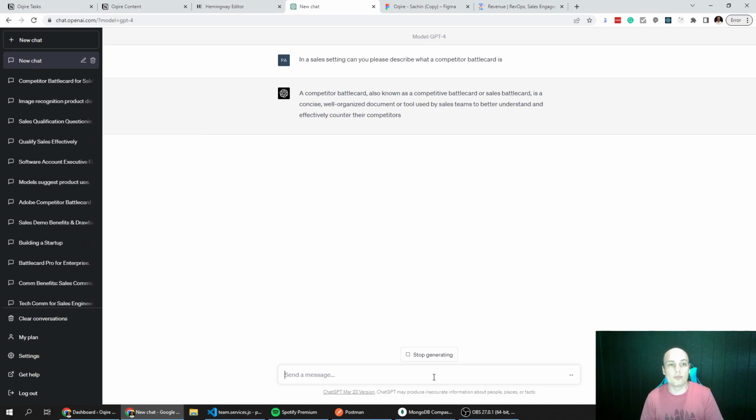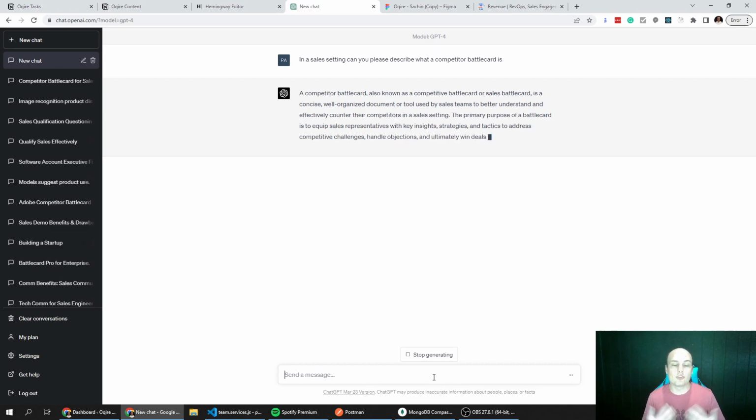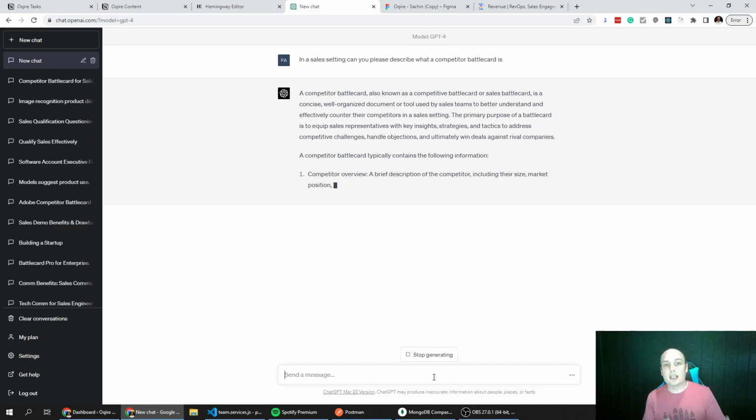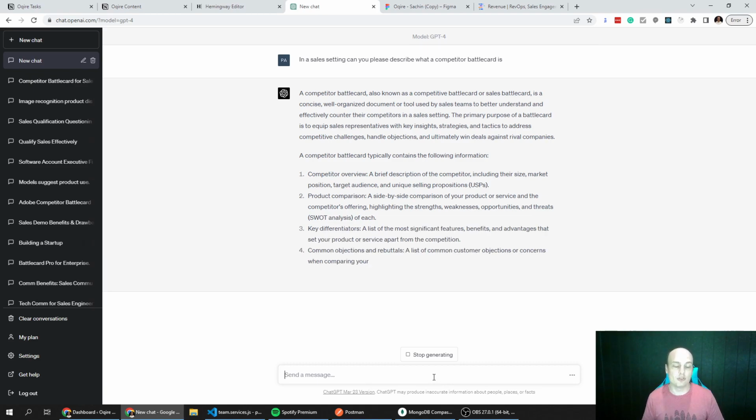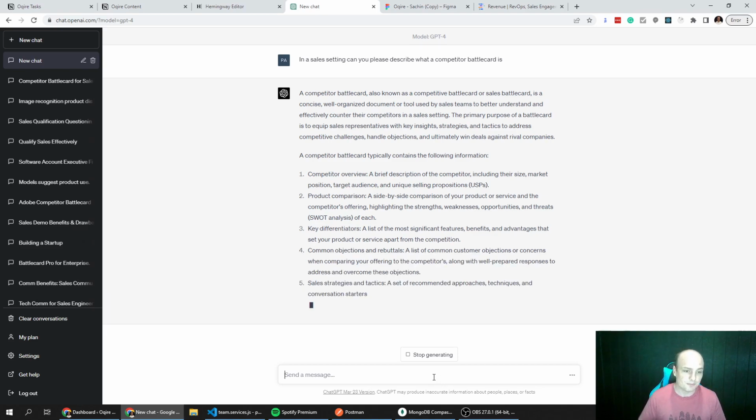It's going to give an awesome summary, and it's going to outline some of the primary purposes why you'd have a battle card. It's going to outline some of the information that you typically see in a battle card. And again, this isn't something that I couldn't put together. I could go, as I said, and look at competing solutions. I could look at some other blog posts. I could probably even find some stuff to cut and paste and put it together for my designer, but it's much easier just to merely ask ChatGPT.